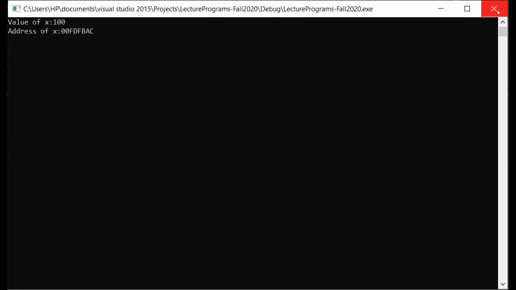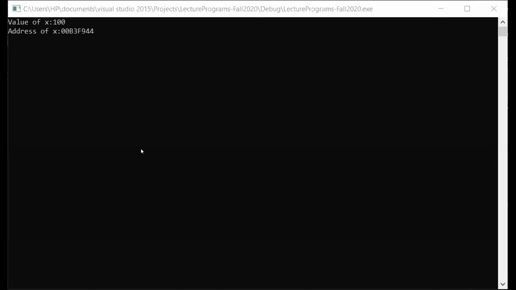But as I told you, if I run this program multiple times, by chance it is possible that it gets the same value, but it is also possible that it gets some other value. So now I'm running it again and then I'll share with you the output window. Okay, now you see, I have run the same program, but now you see a different address.